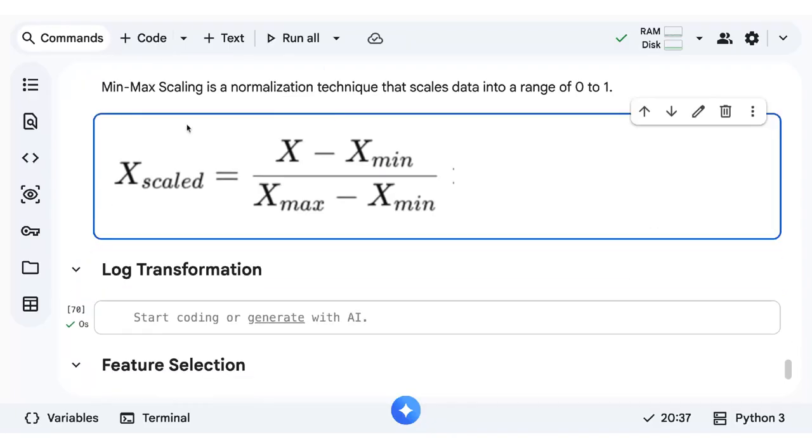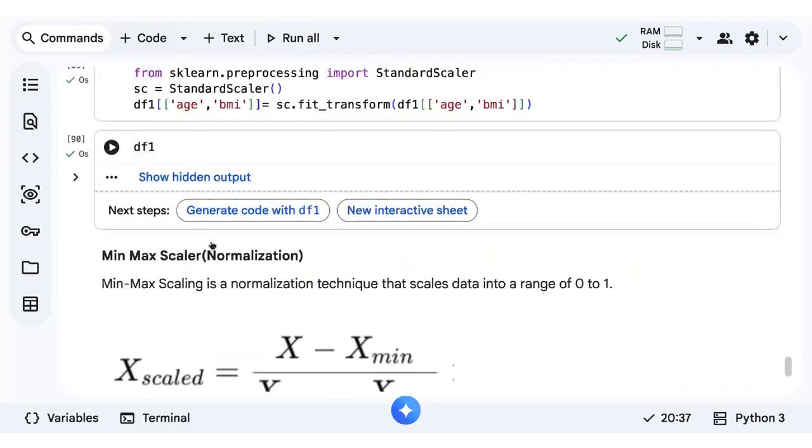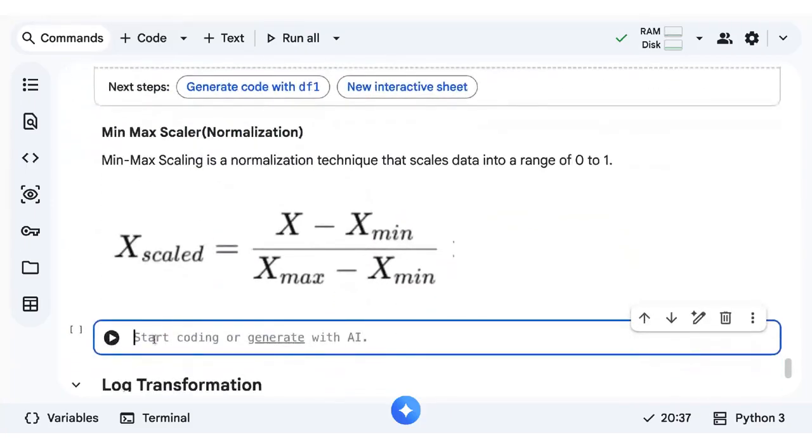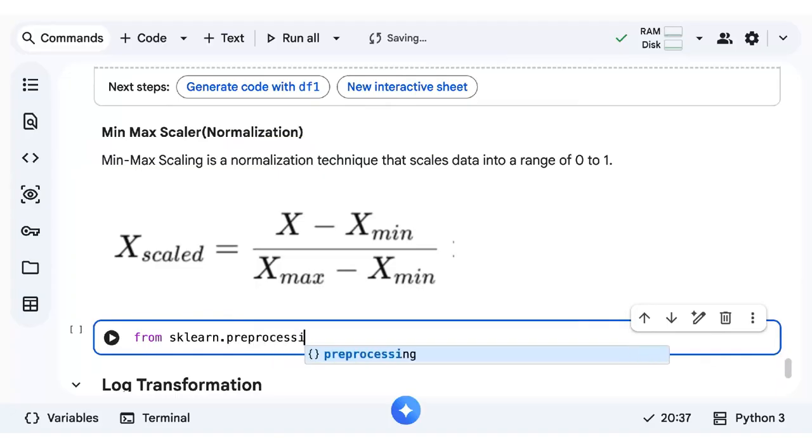So we'll create a copy or we'll directly do it on our data. From sklearn dot preprocessing, I'm showing both the methods, but when you do a project, you have to implement any one method. It's all about trial and error. You try the first method and see the model performance, then you try the second method and see the model performance, compare and select. No specific reason to use this or that, nothing like that.